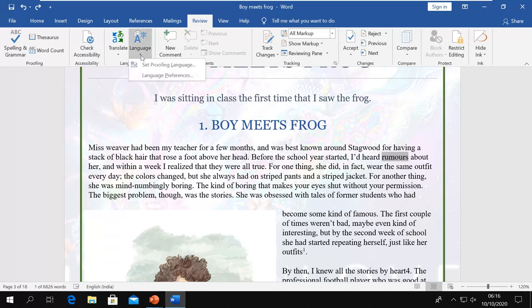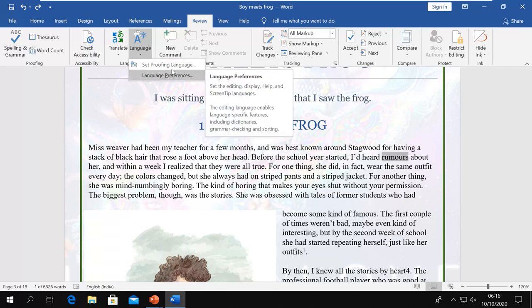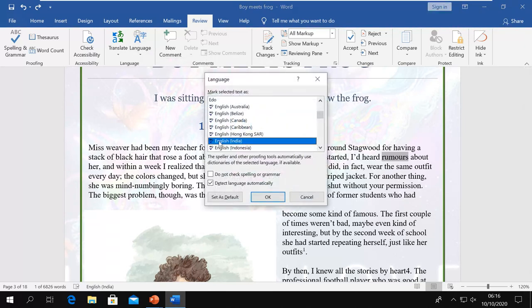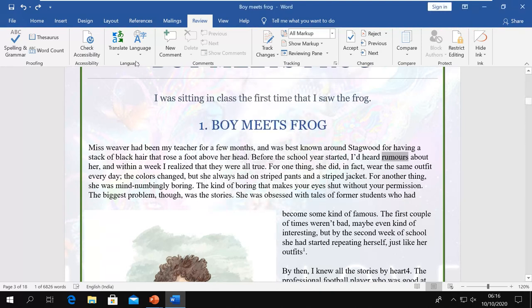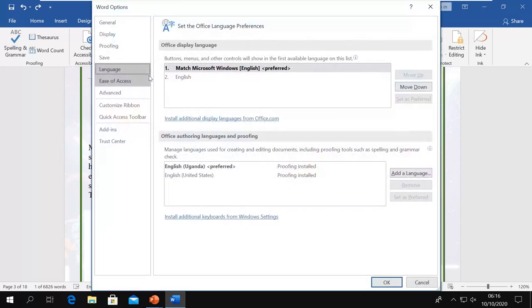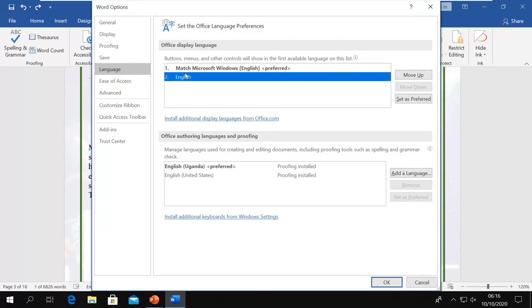And then this is your proofing language. You can set the proofing language. You can go for the language preference also. That means setting the proofing language, like which language you want to use for spelling check and so on. Or you may go for the language preference, where you may have multiple languages, then you can choose which language must be your first preference.